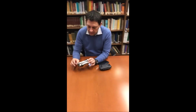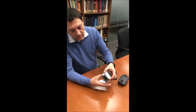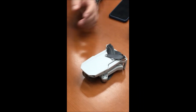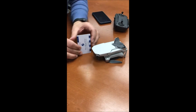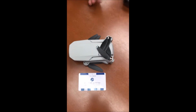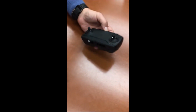Thank you, Ricardo. This is the DJI Mavic Mini, the latest model. It's very small. It weighs 249 grams, which is 1 gram less than the requirement for the license. That means you don't need any license in North America. This is the size, if you want to see how big the drone is, in centimeters. You can see how big it is from the top. It's very small, you can fit it in your pocket. This is the remote control, also very small,